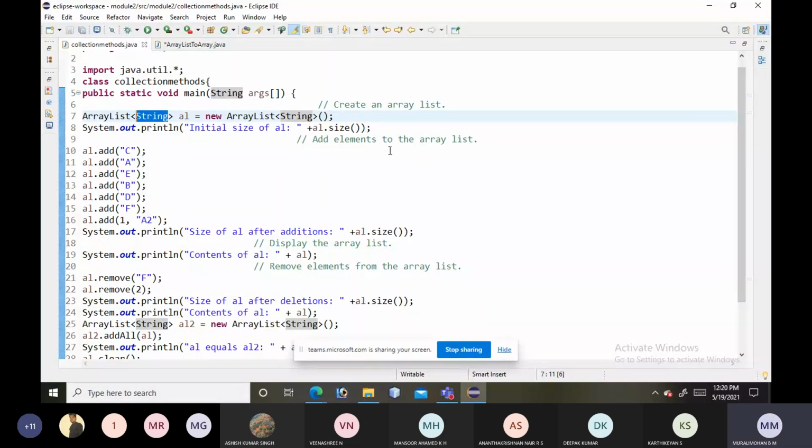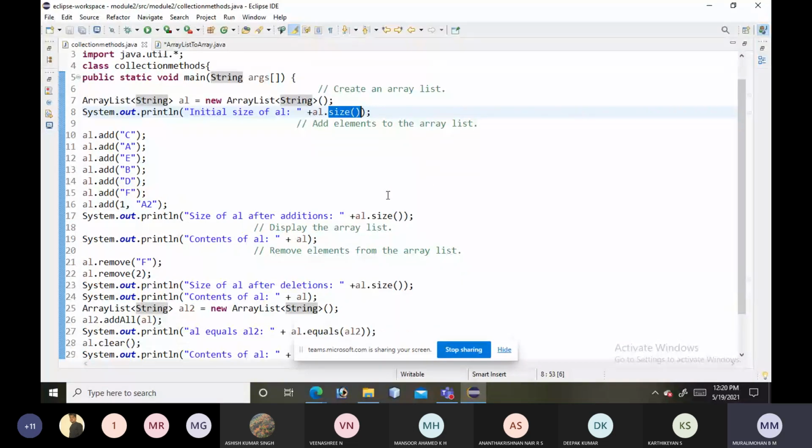So first, the size method is used to check the size of the collection here. Since we just created it, it will give the size as 0, right? We saw yesterday that an empty array list has been created here.